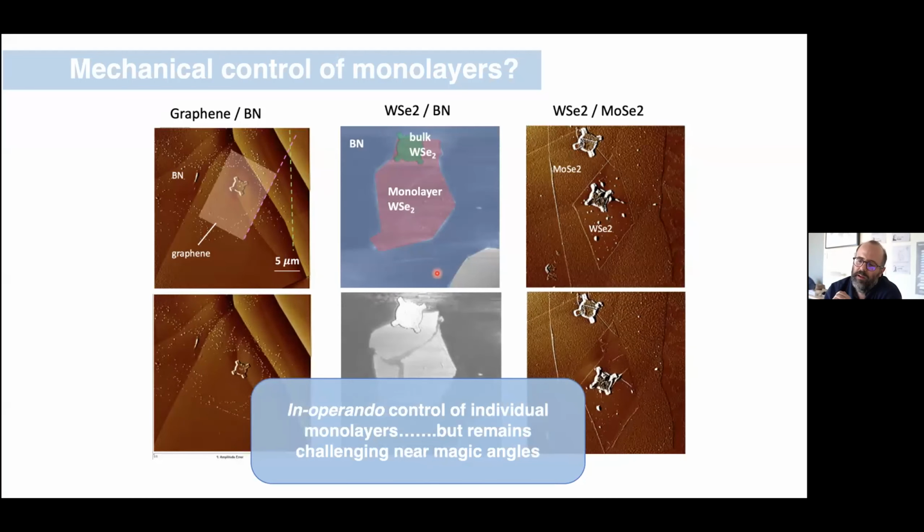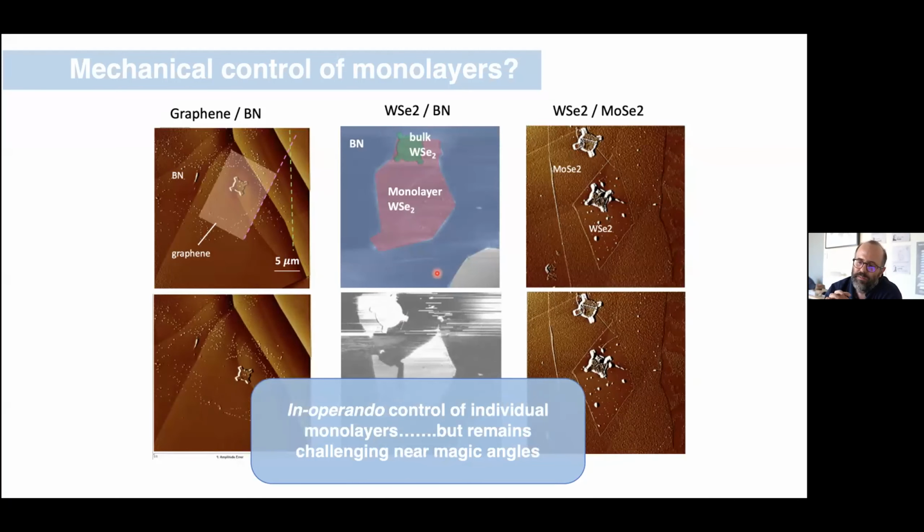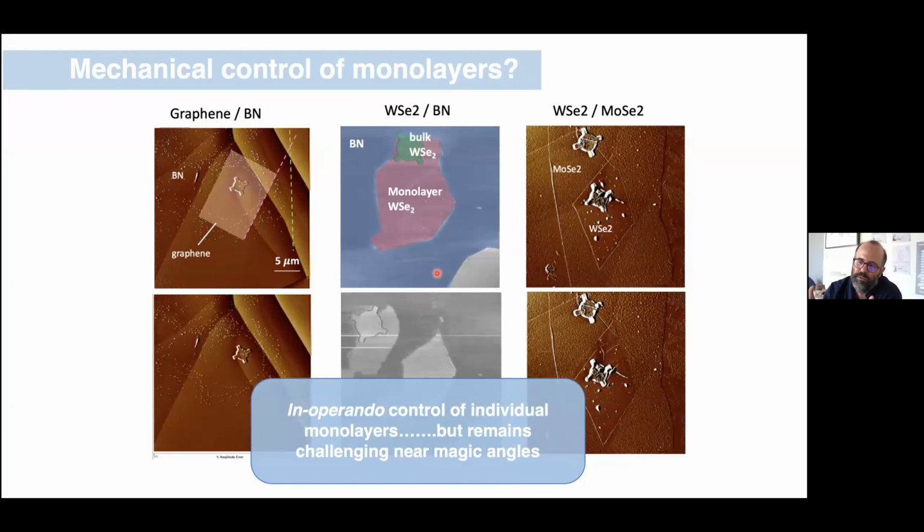So it turns out that as you get to about 0 degrees, the system is strained. The moire pattern results from the fact that the lattices are mismatched. And what that strain seems to want to do is drive the system to a configuration that relieves that strain. And the lowest strain configuration is Bernal stacking, so AB stacking of bilayer graphene. So what we found is that if we try to rotate below about 5 degrees, the rotation tends to get away from us. It tends to rotate on its own to 0 once we start the process. So we're still trying to solve that problem. We have some ideas about how to solve it, but for now, that's where we're at. But one way we've addressed that problem is to realize the following.